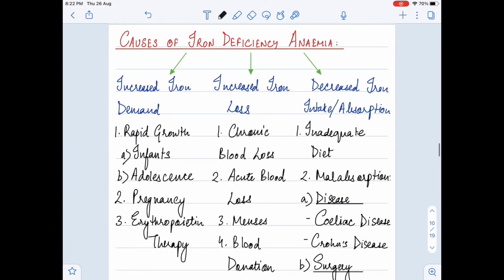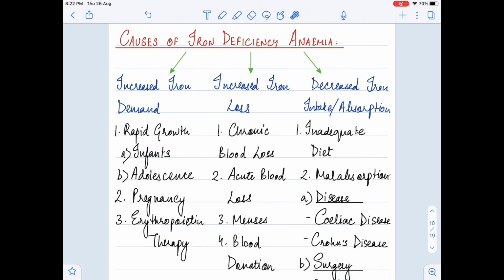So what are the causes of iron deficiency anemia? The causes of iron deficiency anemia are increased iron demand, which is due to rapid growth in infants, adolescents, pregnancy, or in erythropoietin therapy, or by increased iron loss as seen in chronic blood loss due to hookworm infestation, acute blood loss due to trauma,